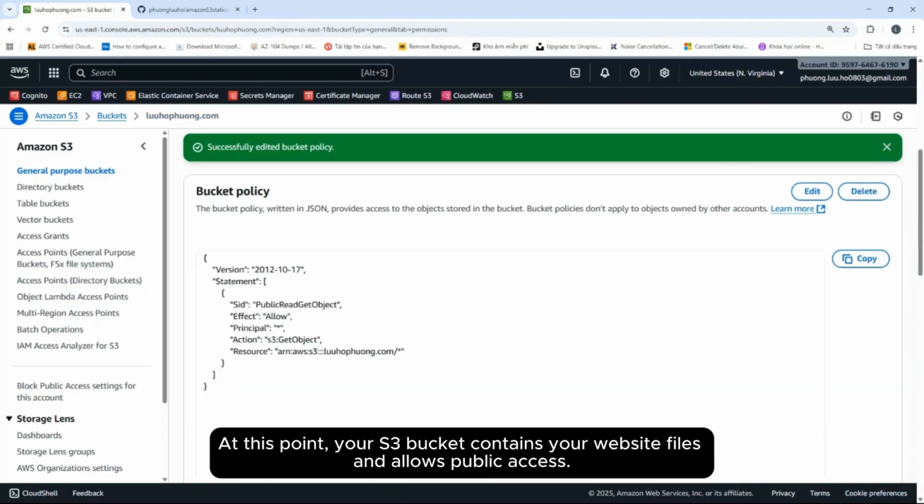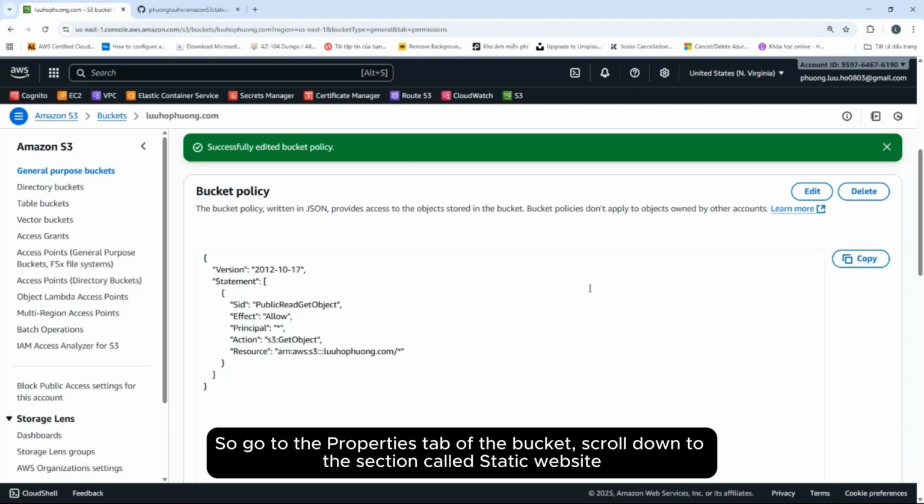At this point, the S3 bucket contains the website files and allows public access. However, there's one more thing we need to do: enable static website hosting.